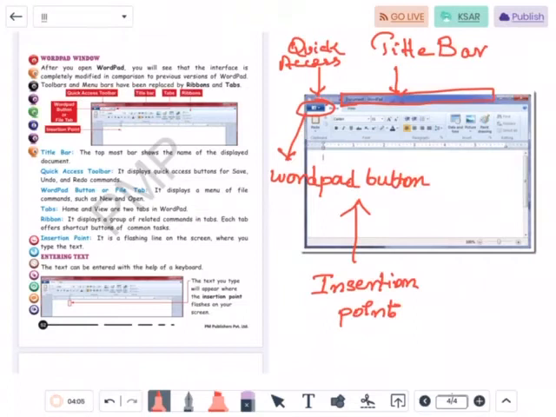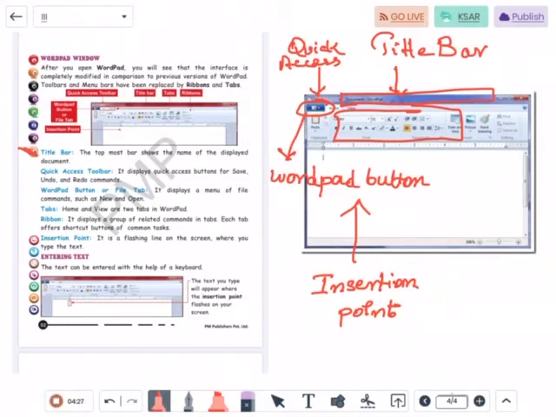It also contains the different ribbons which contain all the different options like font, bold, italic, underline, center, left, right, align, all these options. The title bar displays the name of the document and is present at the top.